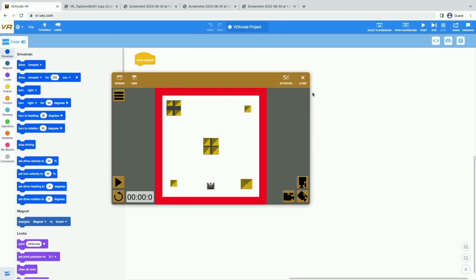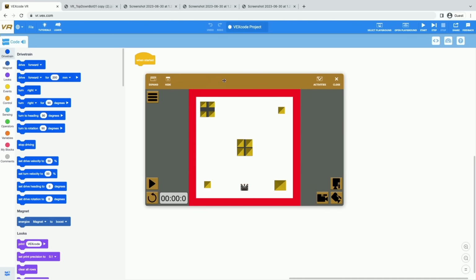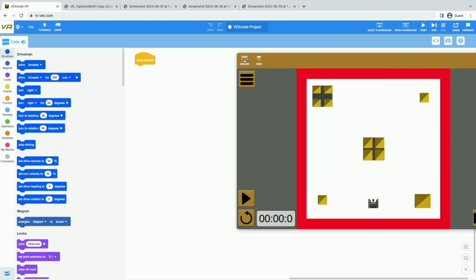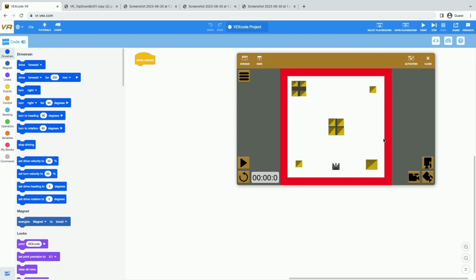Once you select that, it may take a few seconds for your playground to load, and that's fine. We can be patient. So now once that loads, this is called our playground window. And if we want to move our playground window around, we can. We can just select this little toolbar up here and drag it over to the side if we want to. If we want to make it bigger, we can select this expand button and make it a lot bigger. We can also view our playground in a few different ways.